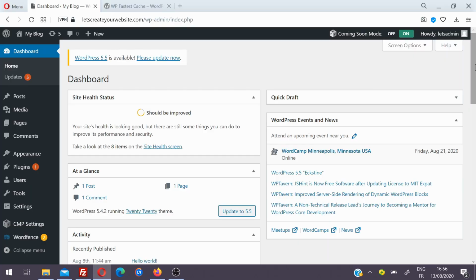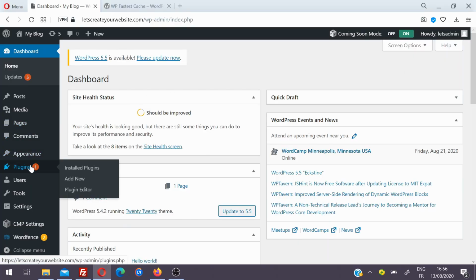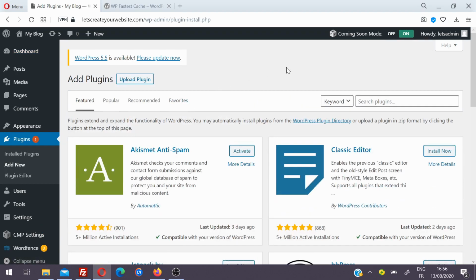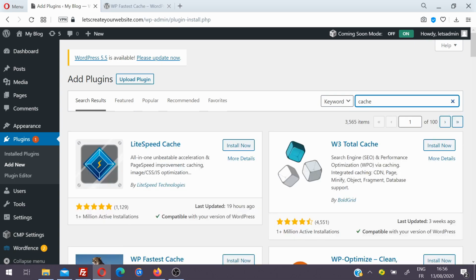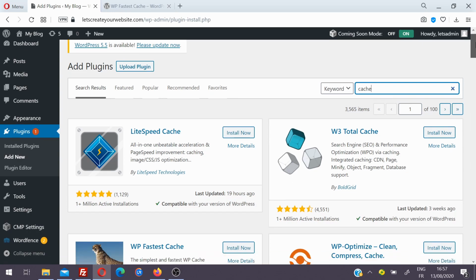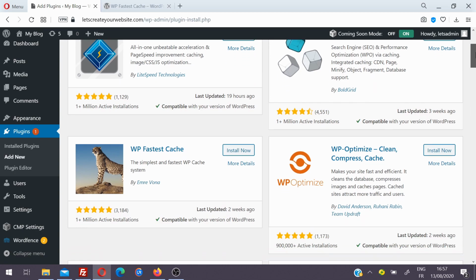Once you are inside your WordPress dashboard, from the left sidebar, go to Plugins and then click on Add New. You can see here there is a search plugin section. Search for the plugin, for example, cache. Just to give you an idea, plugins are different functionalities that you can add to your website. Most likely if you are looking to add some functionality to your website, there is already a plugin made for that. WordPress powers 35% of websites on the internet, so it is most likely that no matter what you want to implement, there is already a plugin created for that.